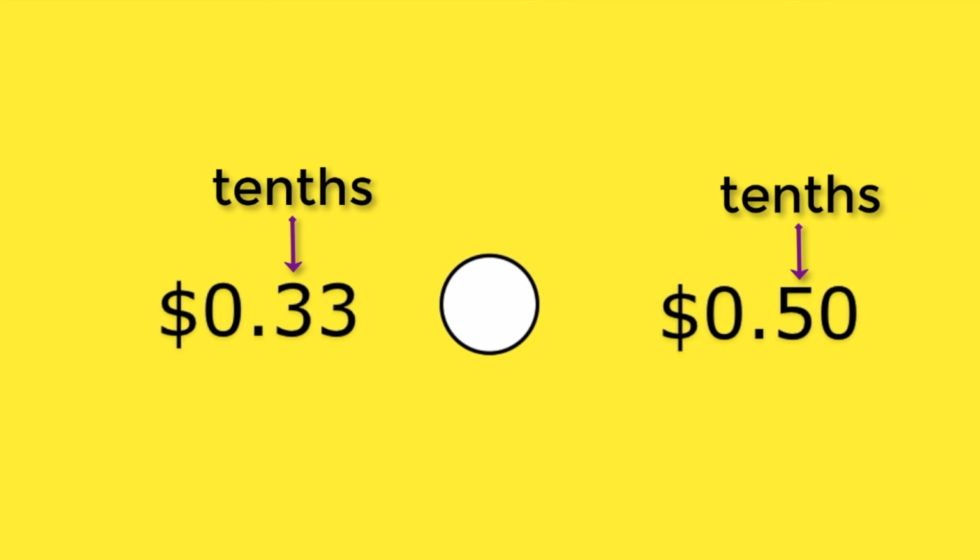We always start from the left, so I'll examine the ones place first. They both have a 0 in the ones place. Next, I'll look at the tens place. The bigger box has a 3 in the tens place, while the smaller box has a 5. This means that the smaller box is more expensive and has a greater cost per ounce than the bigger box. Do we want the item with the greater cost or the lower cost? The lowest cost wins for providing the most value per